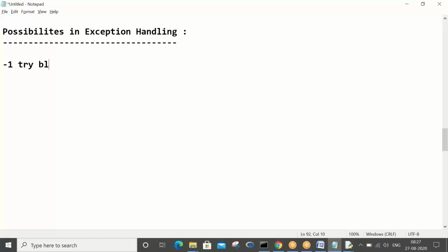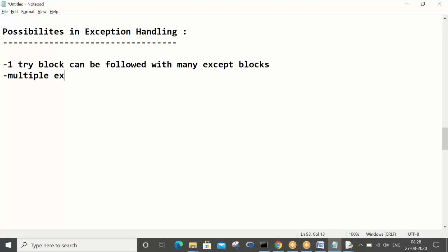One try block can be followed with many except blocks. So multiple except blocks are used to handle multiple exceptions.